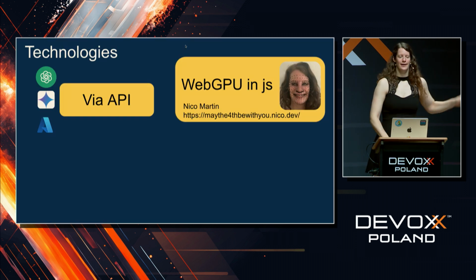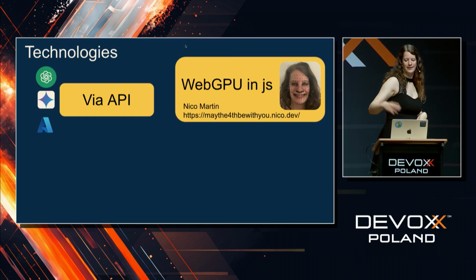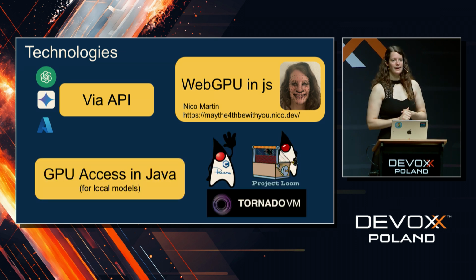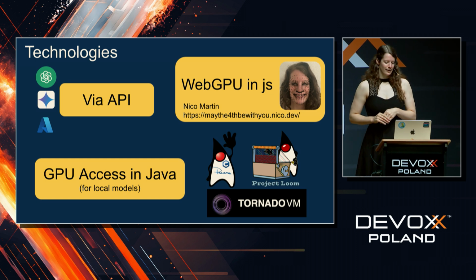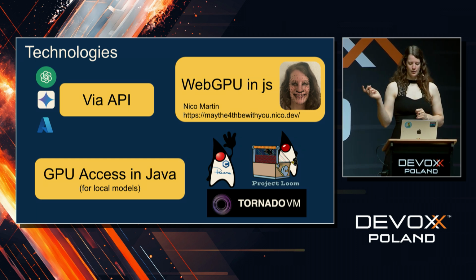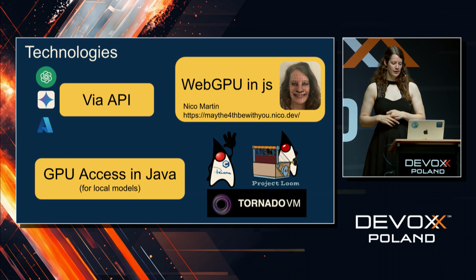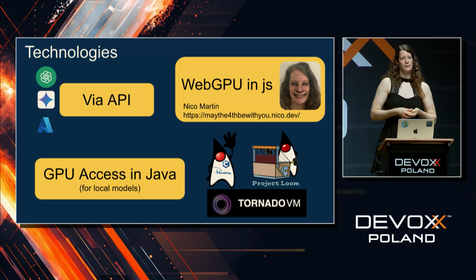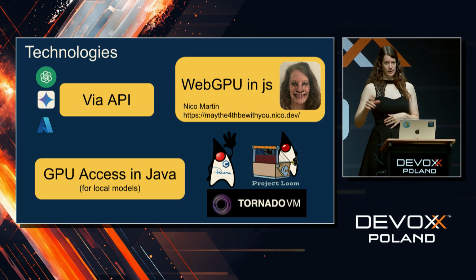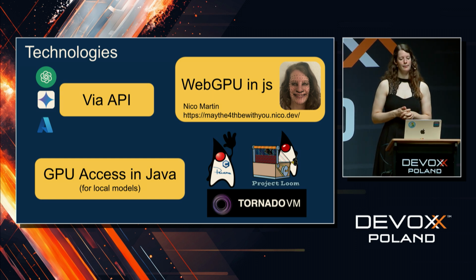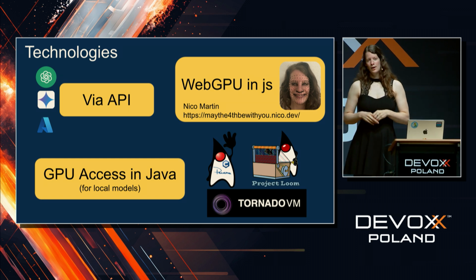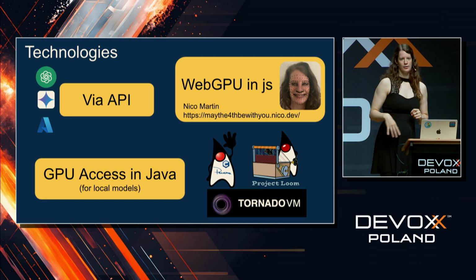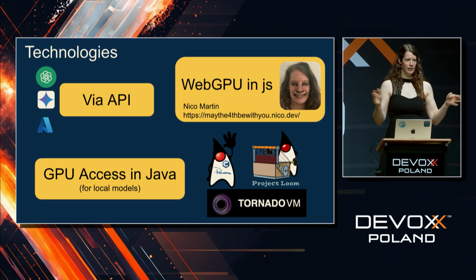Good. Now, if we want to do it in Java, but again, I'm mentioning this JavaScript example because maybe you don't even need to do it on the backend at some point. If you want to access GPU in Java, there's a lot of very nice projects going on, like TornadoVM to directly talk to your GPU, but also Project Panama, which provides much more direct access to native resources. And then one that's also really interesting in this context of AI models and calls is Project Loom with the virtual threads. Because these calls are so high latency, you will want to put them on a virtual thread while you're waiting for the answer if you have a lot of parallel calls going on.